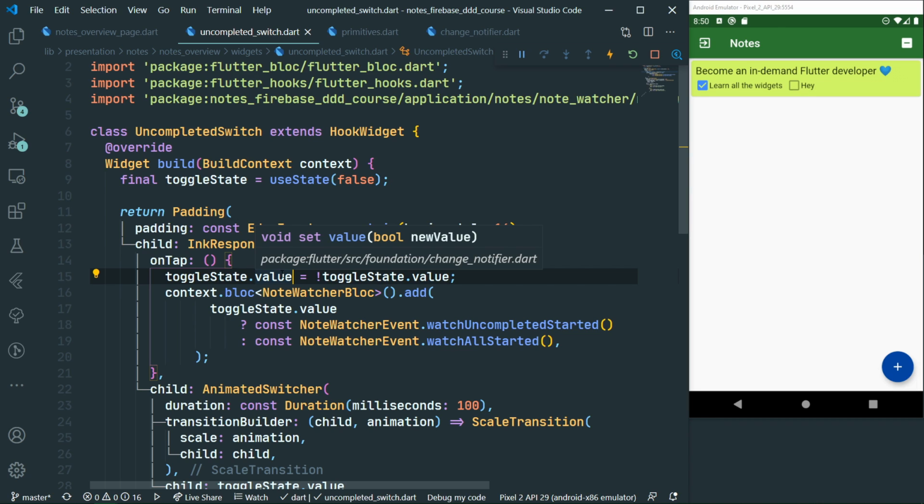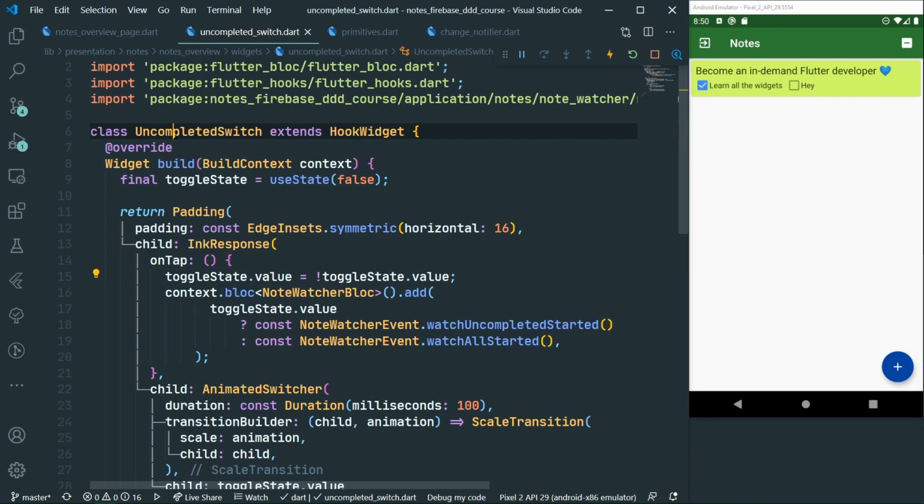Maybe I have just confused you even more by saying that. But the reason for this confusion, in my opinion, is that the switch is not called completed switch like this, but it's instead uncompleted switch. So we are immediately sort of dealing with double negatives, and it's just a mess. But that's what we get for having an uncompleted switch in the app. But anyway, now that we have done that,